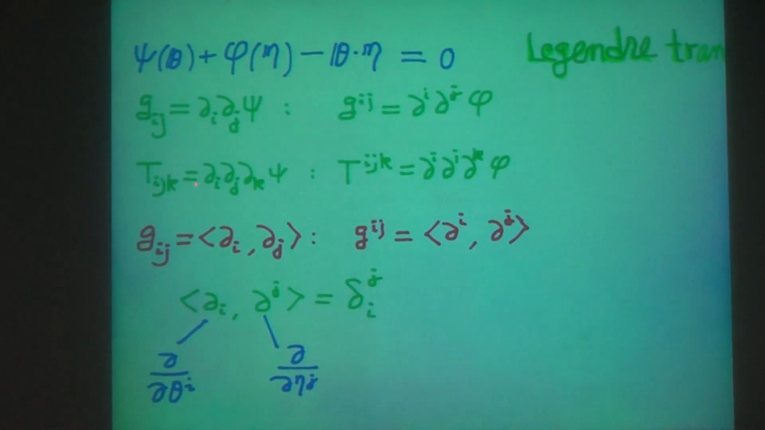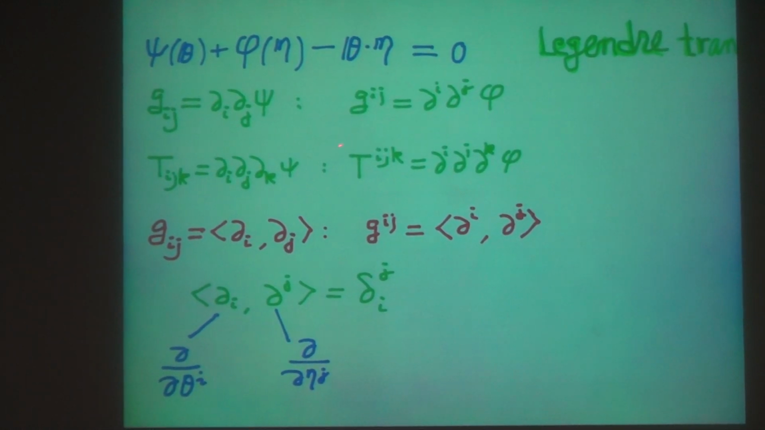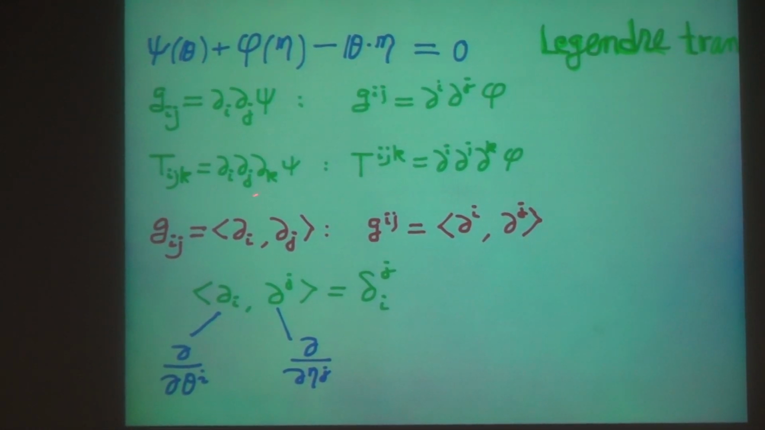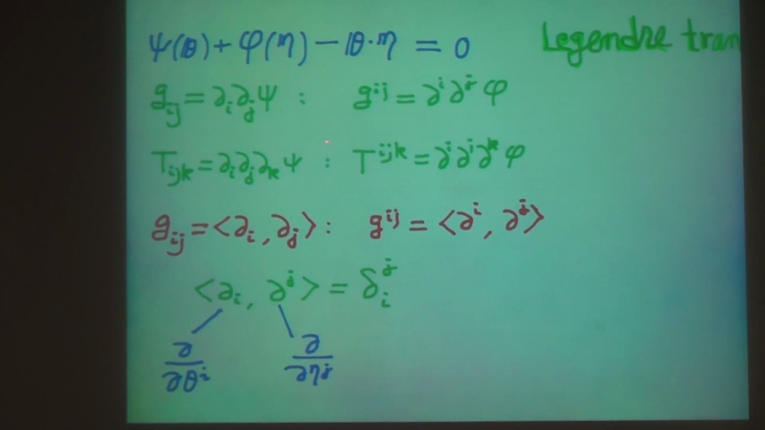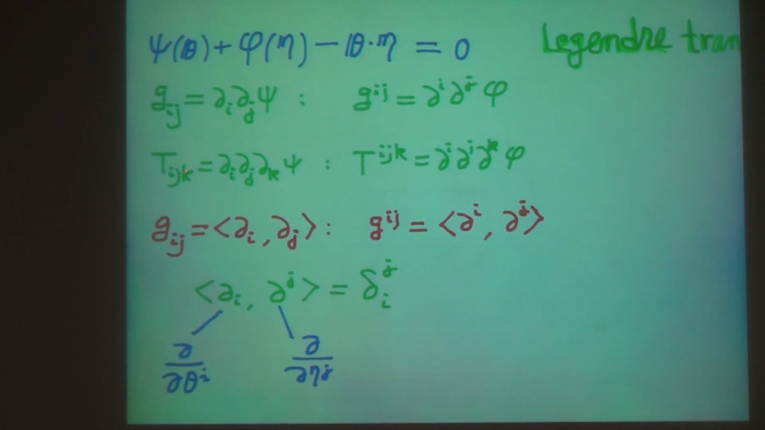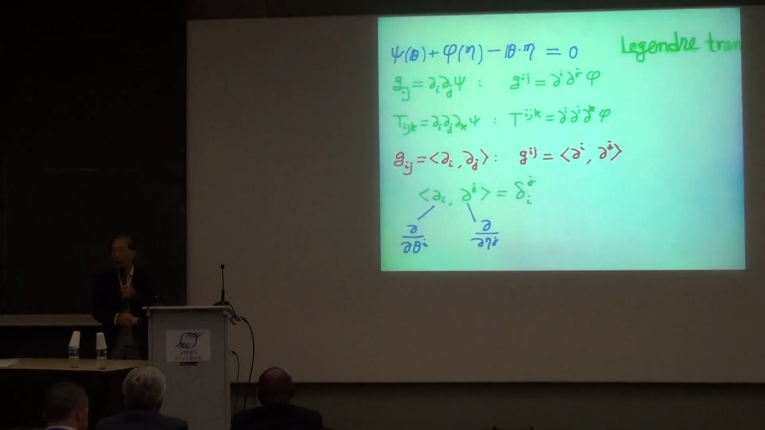And what is the T? In this dually flat case, it's just the triple differentiation of this guy and also this guy. Of course, the upper contravariant index and the covariant index are connected by g_ij. And moreover,